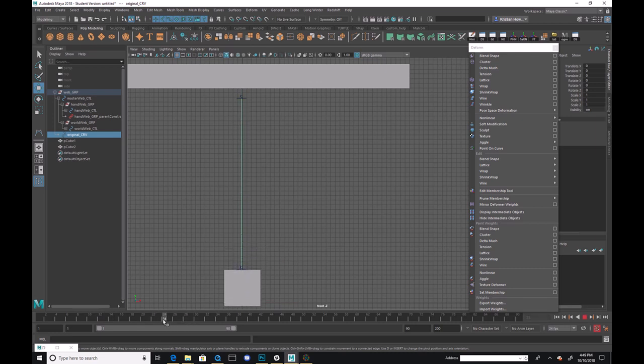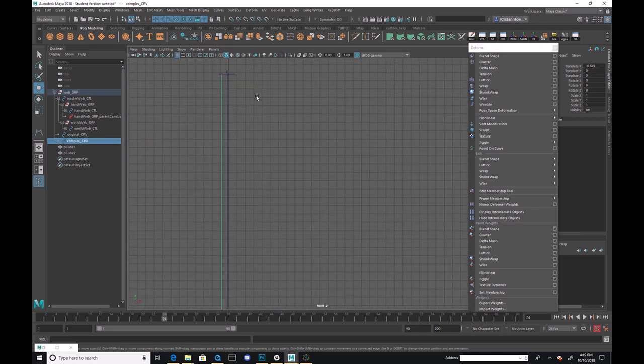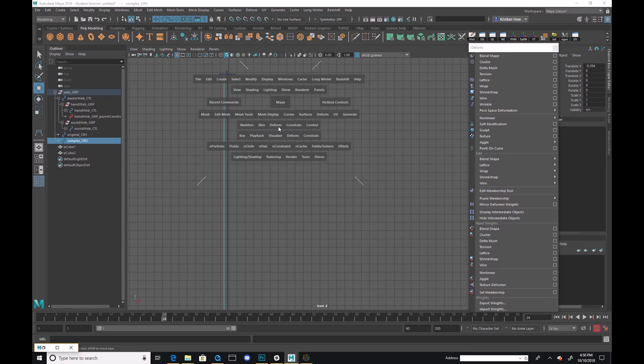So probably around here. I'm going to take this curve and I'm going to duplicate it. And we're going to call this one, with the first one being the original, the more complex curve. And this complex curve, what I'm going to do just temporarily is move it over, not a lot, just a tiny bit, and I'm going to go into the curve menu, so curves,